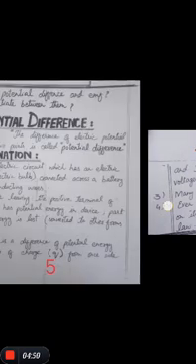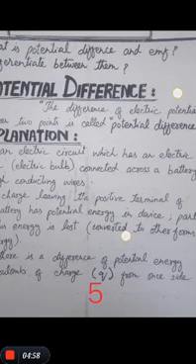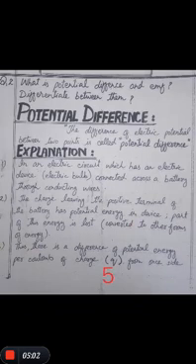Now we will discuss the most important question regarding the paper, which is what is potential difference and EMF. Differentiate between them. So first, according to the book, we have the definition of potential difference, that is the difference of electric potential between 2 points is called the potential difference.